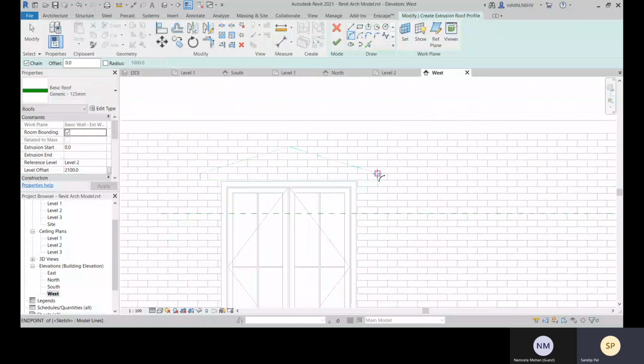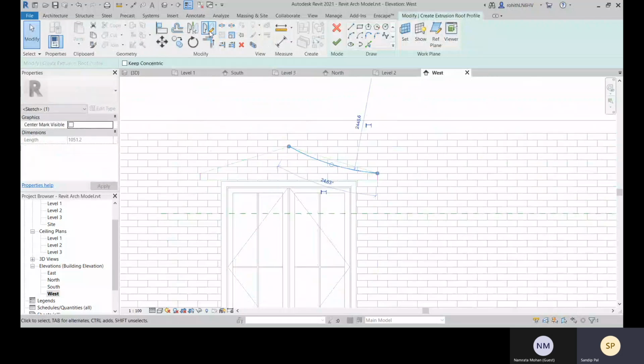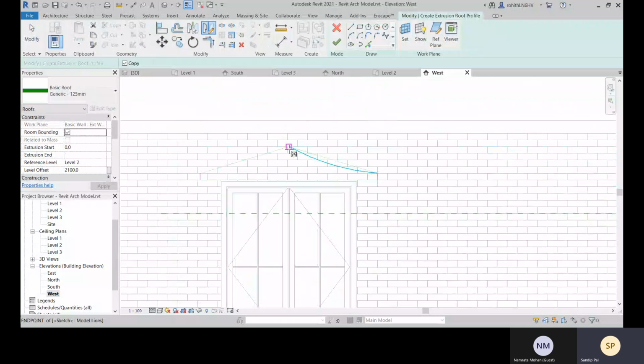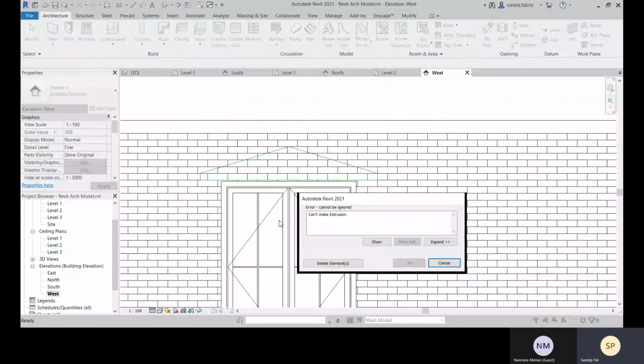Let's create with curve. Okay, and you can mirror this one. Select it, mirror, draw axis from this to this draw axis. Now this is created.